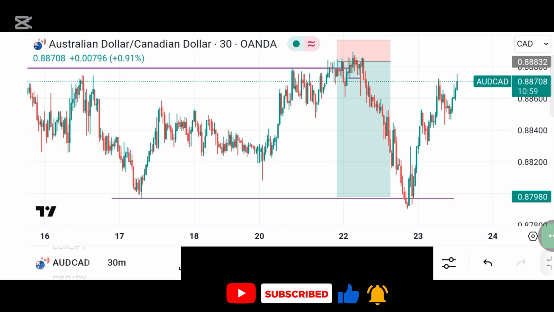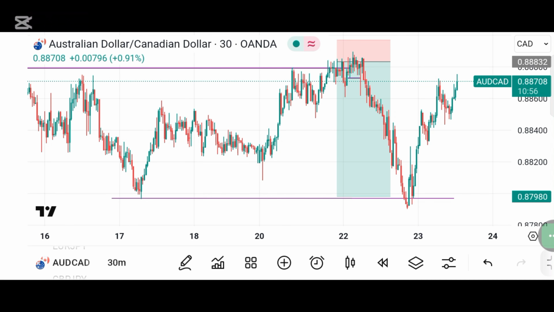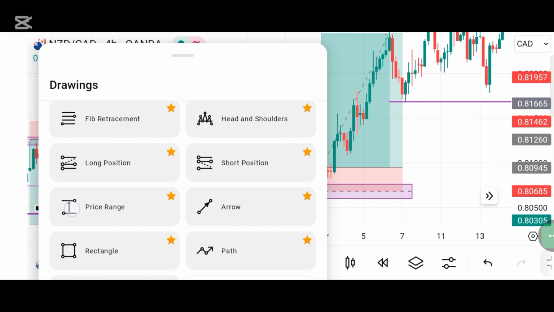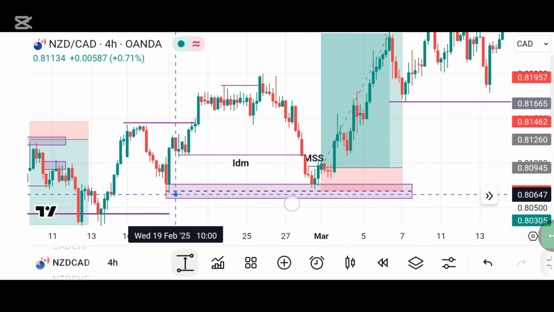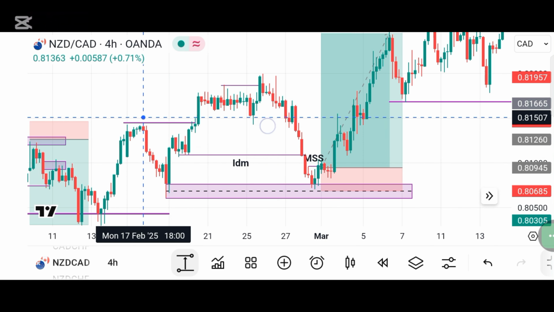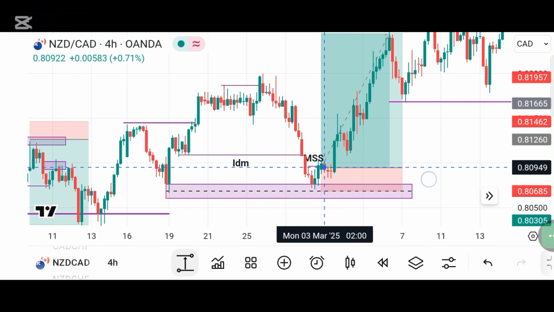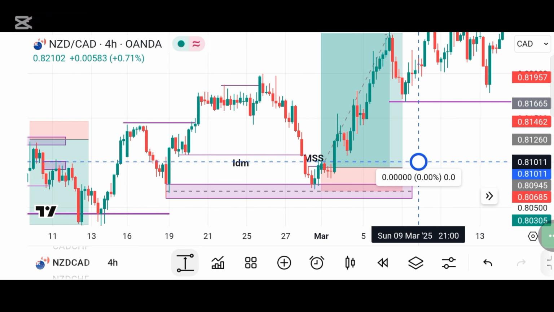Let me check one more example before I go on, NZD CAD or USDJPY. I think I traded any of them. So in this case of NZD CAD, my point of interest was on the 4-hour time frame, where I had this order block. Below the order block we have this inducement. These were breakout structures I drew out. So price retraced into the order block. Then if I go to the 15-minute time frame, which I will use for my entry,